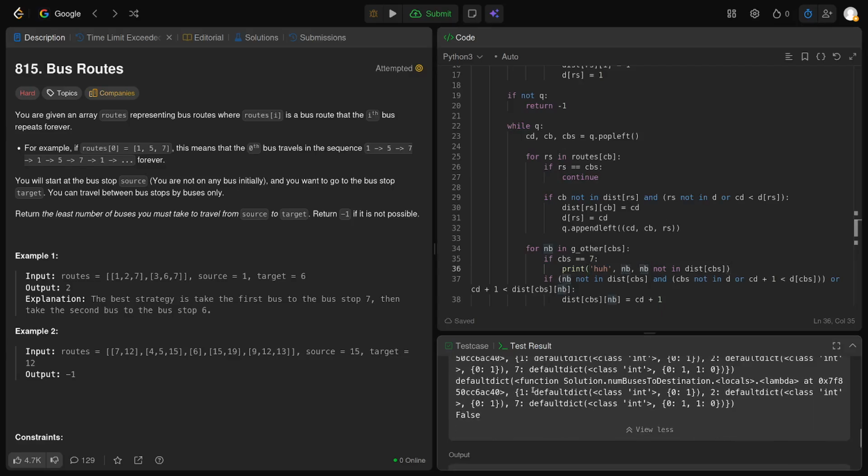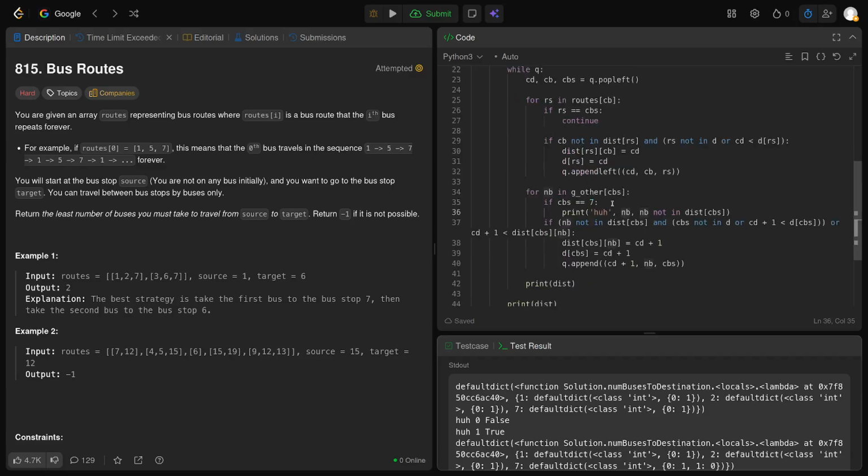And then, so if we are at 7, right, and the next bus we take is 0, oh, because okay,